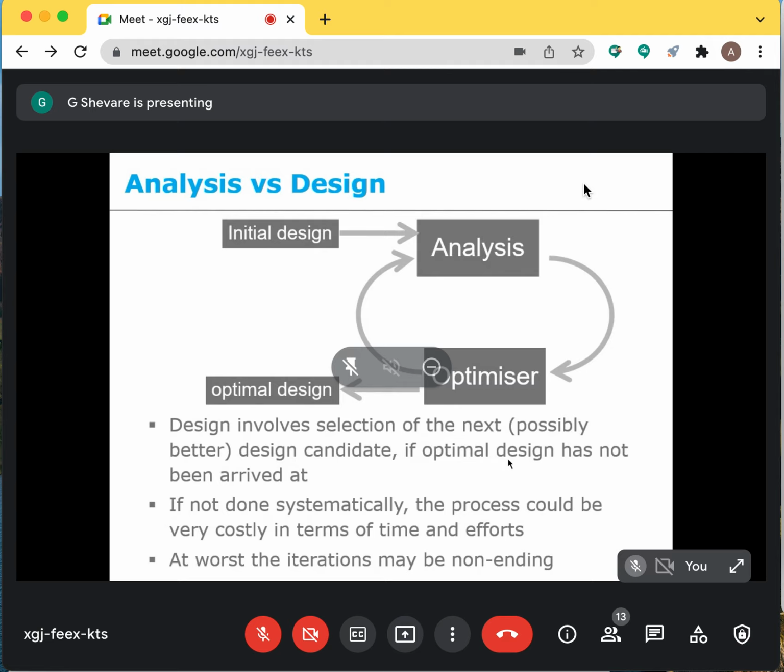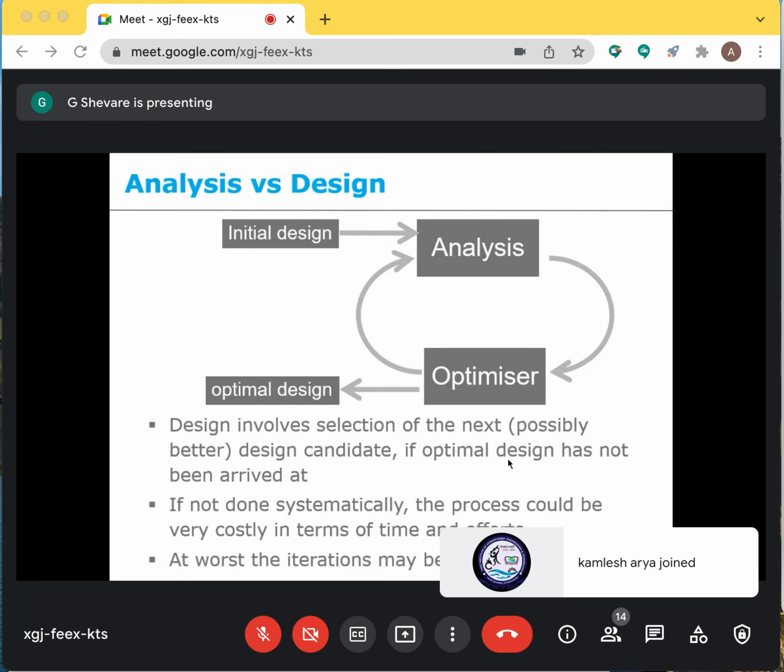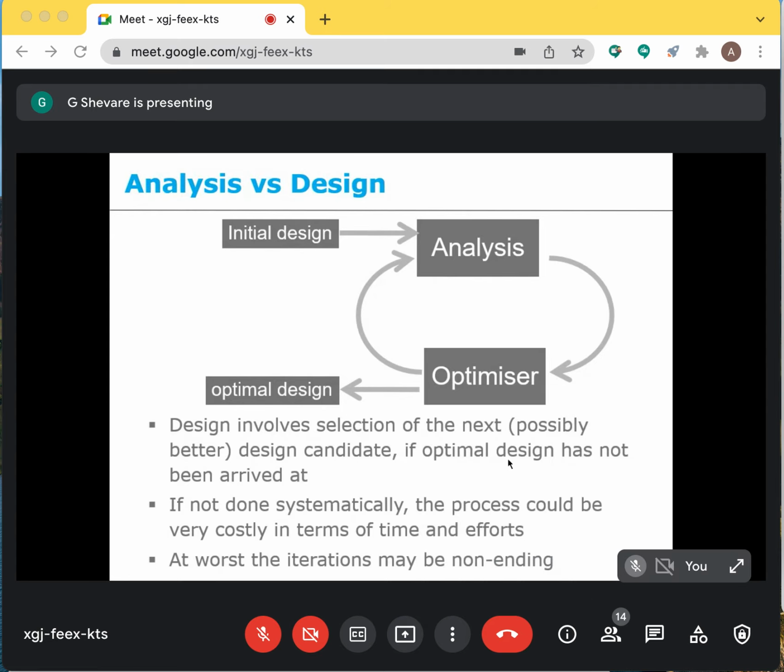For example, you have designed an aircraft with a range of, let's say, 200 kilometers, but it turns out to be only 190 kilometers. So you need to optimize it. So you keep doing optimization, but optimization doesn't happen in one go. It is not a one-step solution. Many times you start with the system, try to optimize it, and you get something which is close to what you want, but it's not adequate enough. So again, do the analysis and like that. So there is a loop between the analysis and the optimizer. Optimizer is the one which helps you take you close to the optimized product or the optimized process.